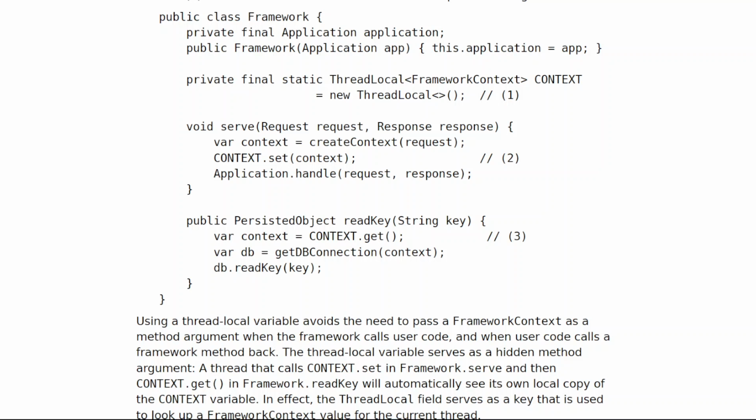Using a thread local variable avoids the need to pass a framework context as a method argument when the framework calls user code, and when user code calls a framework method back. The thread local variable serves as a hidden method argument. A thread that calls context.set in framework.serve and then context.get in framework.readKey will automatically see its own local copy of the context variable. In effect, the thread local field serves as a key that is used to look up a framework context value